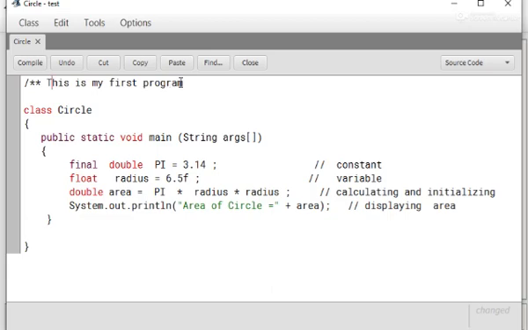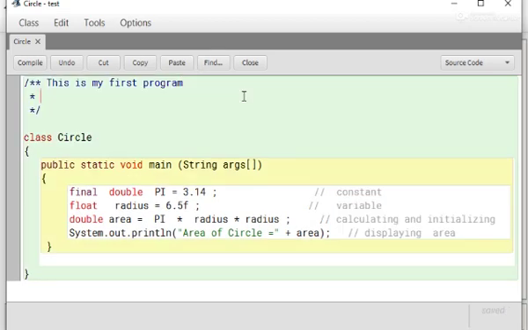This is my first program. In the second line you can write, to calculate the area of circle.